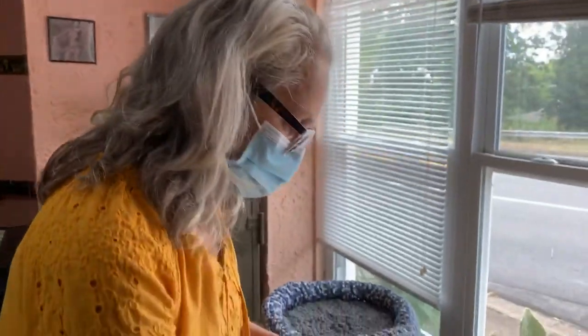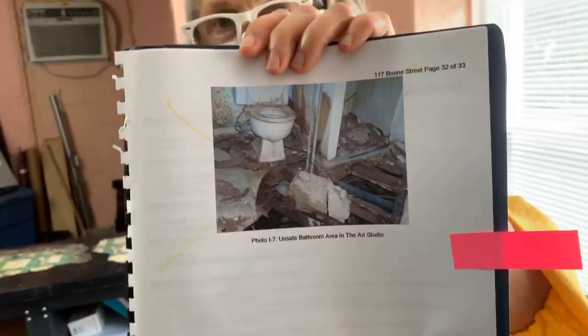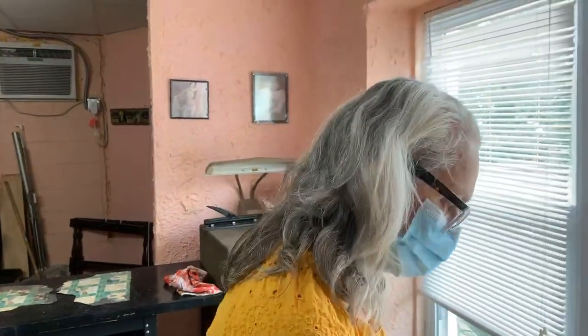This room right here, this is what it looked like that we're standing in when I bought it. Oh my goodness. Yeah, you made a huge difference. Yeah. And so,